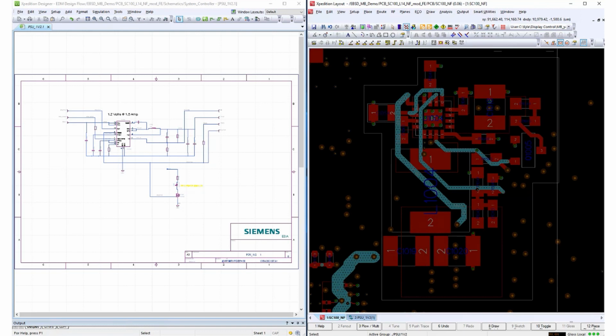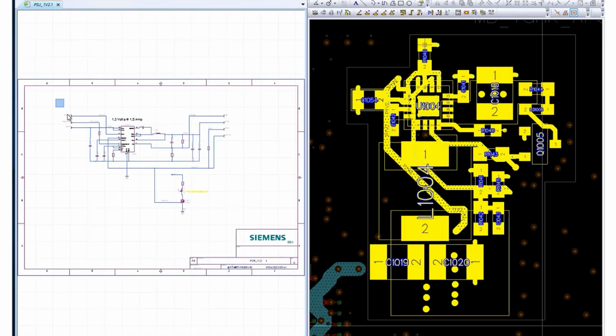Shown here, I will create and publish the block from a different design while Nicole starts work on the system controller design. This will be a logical, physical, managed block, meaning it includes the schematic, constraint, and layout data. To start, I will capture the proven logical circuit by using the copy command.